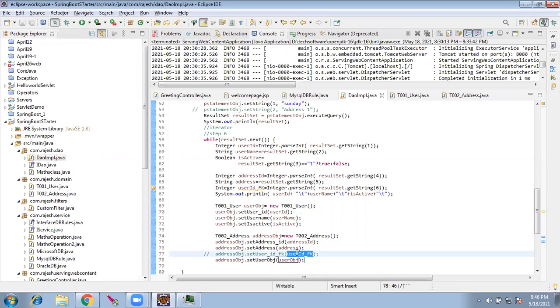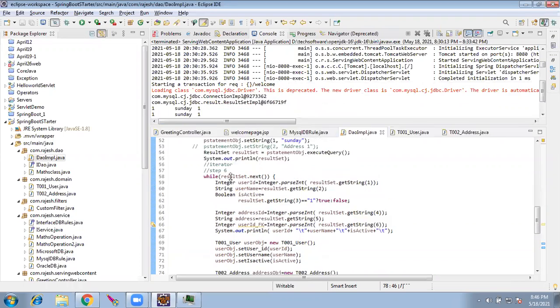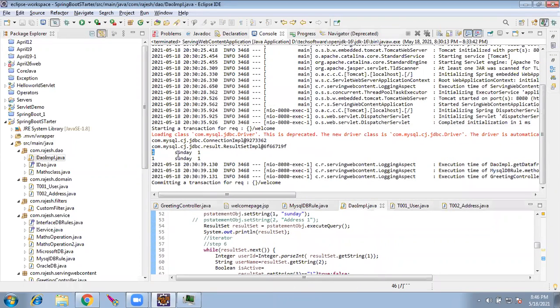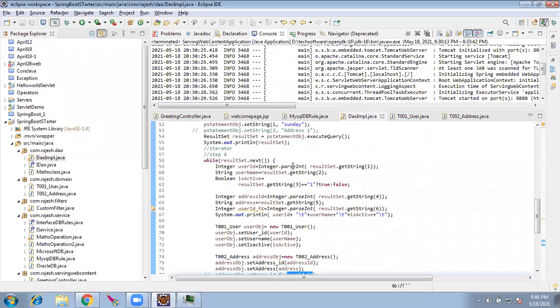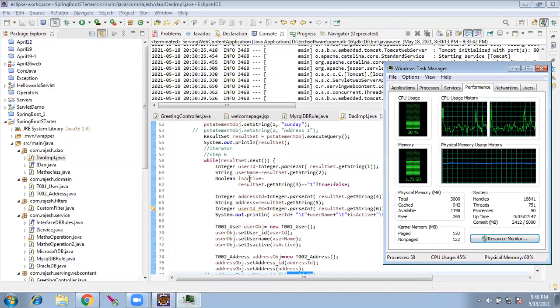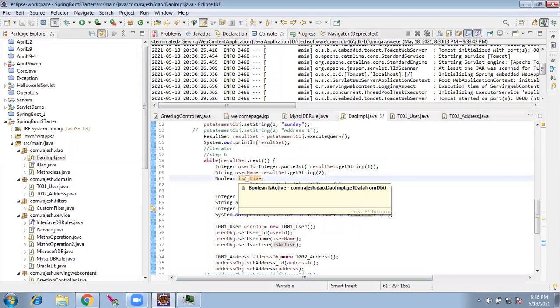So the query result will always give the same value. These two columns, you see here 1 and 1. Only when the primary key of the user table and the foreign key of the address table are equal, only then we call it a foreign key.